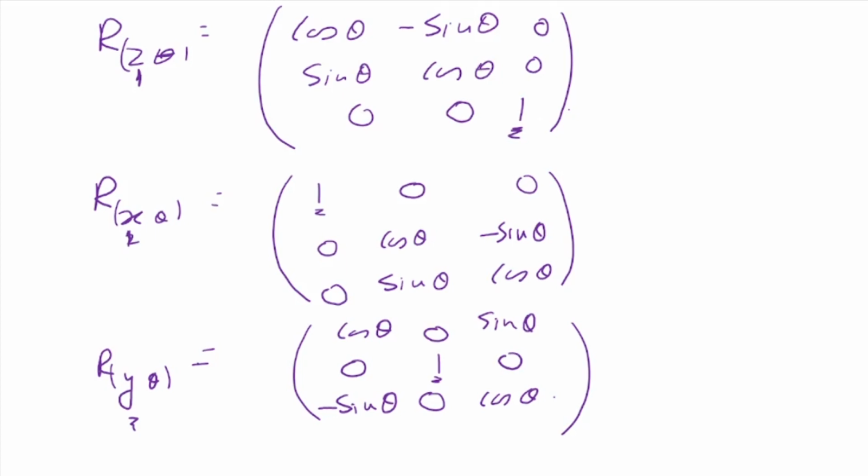Now you can have more than one rotation. It is possible to have more than one rotation at a time. Okay, so today we looked at the rotation matrix. The rotation matrix gives us the relation of a point expressed in a rotated frame to that of the reference frame. Now you can have multiple rotations. So you can have one rotation about the z-axis, then rotate about the x-axis, then about the y-axis, or in any order that you want. Now when you rotate about x, y, or z, the rotation matrices are different, because if you're rotating about a particular axis, that particular axis component will become 1.